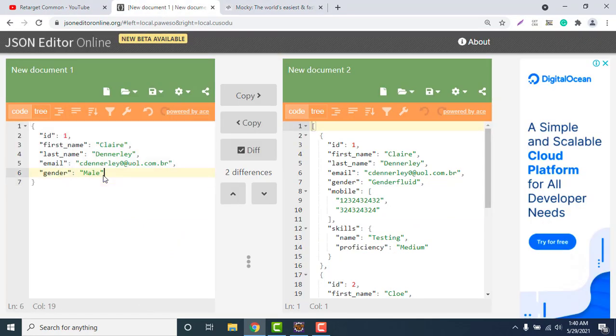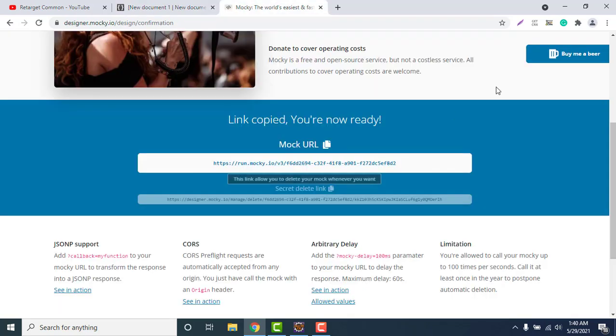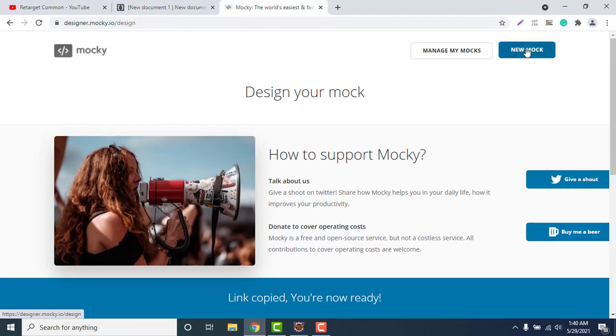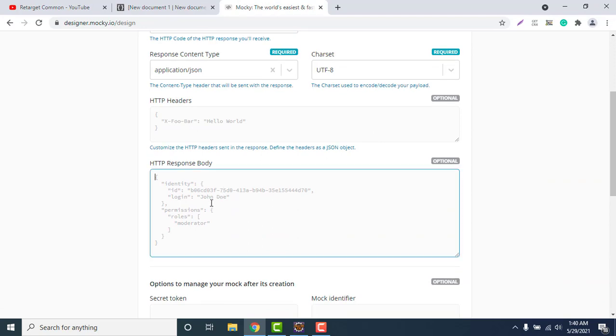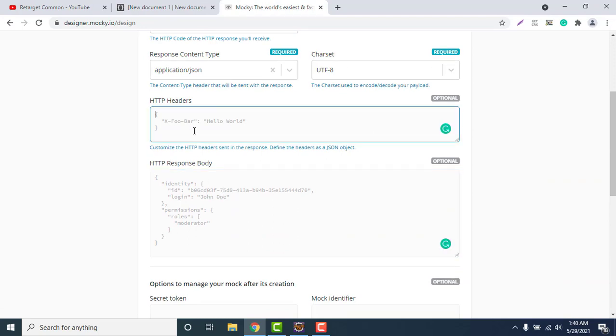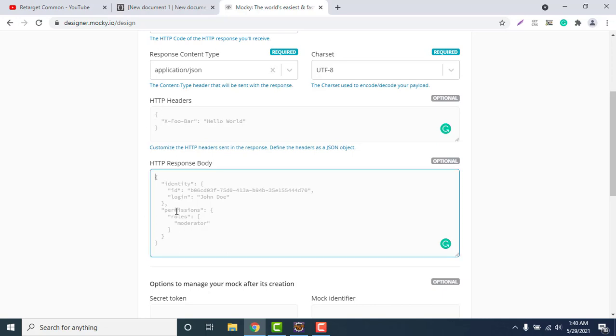It can be a JSON array or JSON object, whatever you want. Go to new mock and give the response body here. You can even set the headers as well, which we can cover later. But here you can put the response body and proceed with it.